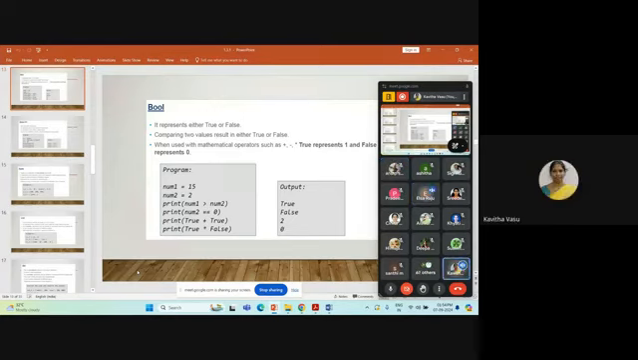Okay, number 1 value is 15, number 2 is 2. So it is greater, so this output is true. Then number 2,